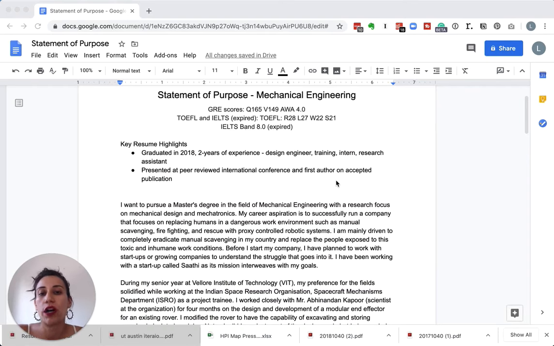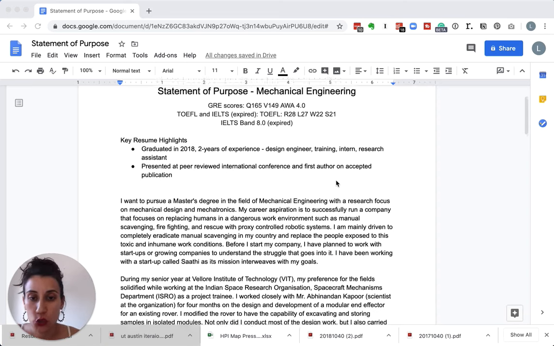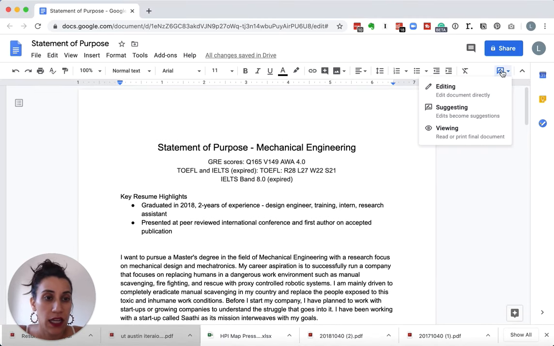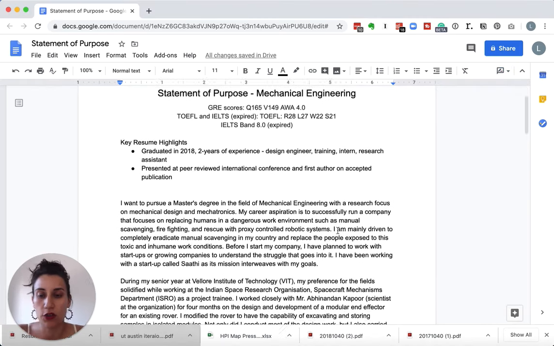And so that's what I want to help this person do, is look for the elements that they could really uplift to really highlight their unique special value and what they would add to this program. Okay, so let's get started. I'm just going to read and give feedback as I go along, and let me just make sure I'm in suggesting mode. Okay.